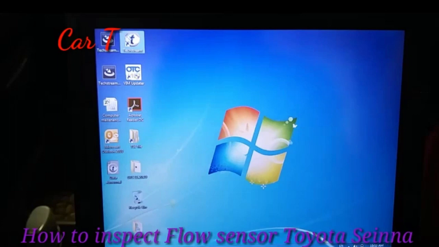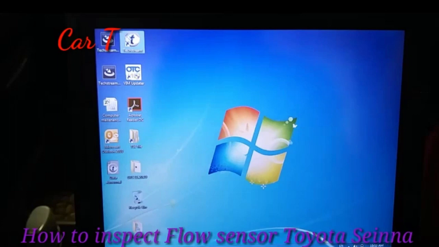That's why I created this video to share with everyone, because in Cambodia the car technicians have a problem with the air conditioner of the Toyota Sienna. The Toyota Sienna's air conditioner is not cool, because the problem is airflow.